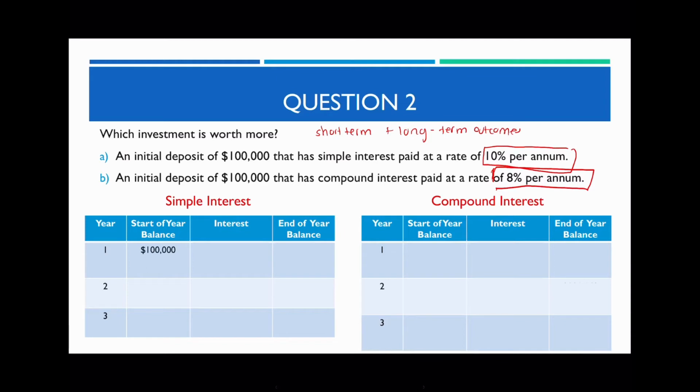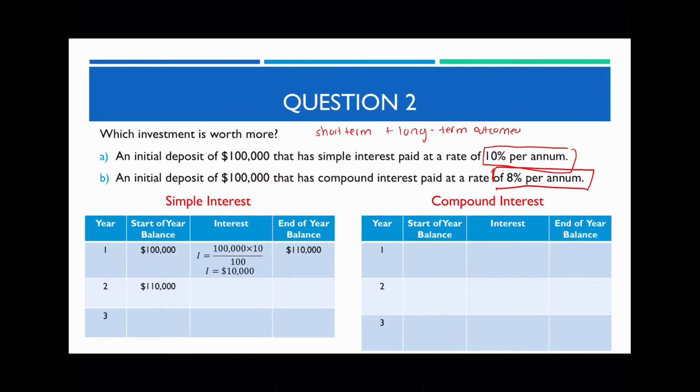I know that this is going to be 100,000. The amount of interest that I am going to be earning in the first year would be 10% of 100,000. And if I do this, I'm going to get an answer of 10,000. So I earn an extra 10,000 by the end of the first year. Therefore, the amount I have by the end of the first year is going to be 110,000. This will be my starting balance for the second year. And I know that for simple interest, the amount of interest will always be the same no matter how many years in,